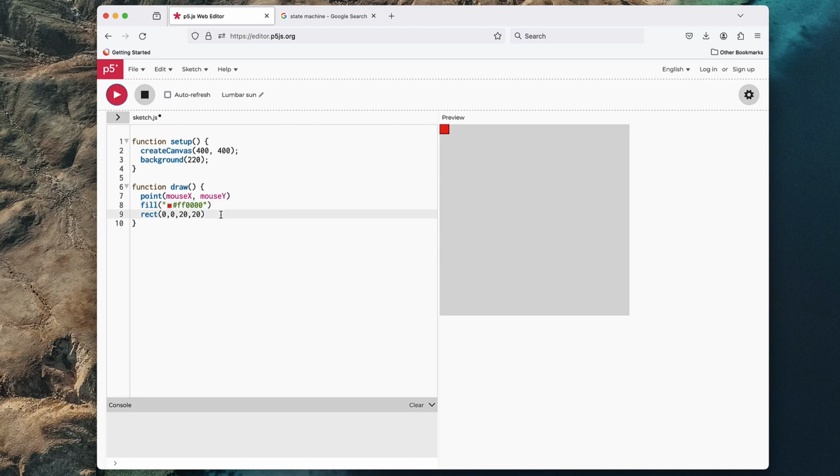All right, now I can say that if mouse X is less than 20 and mouse Y is less than 20, that might be a double and, I'm trying to remember how it works in JavaScript. Right, and all of this needs to be in parentheses, and then we open our curly braces, and here's our conditional thing. Then here I might say that the stroke is equal to